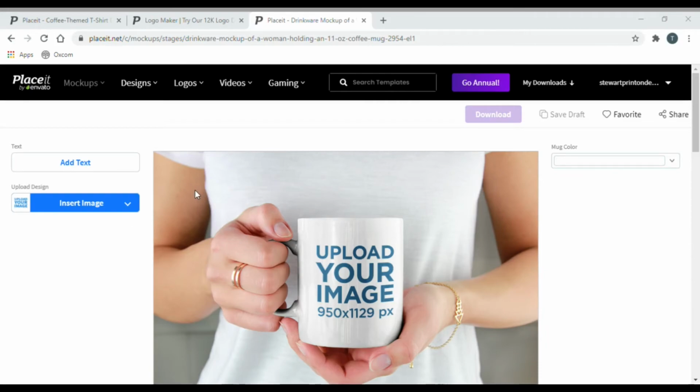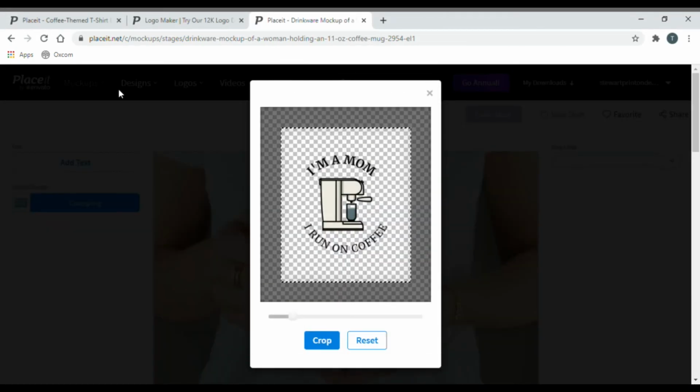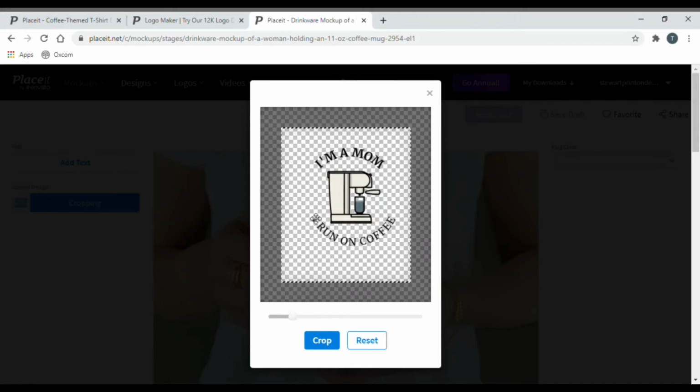So like I said, this was the design I did before on Placeit many moons ago, but let's just upload it to show you what it looks like. So you have got a bit of choice. You can move it round, move it up, move it down. Again, it will pin. It doesn't show the lines, but it feels pinned on the mouse,